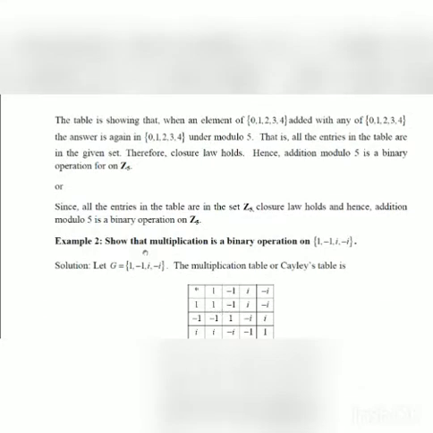Similarly, I have verified whether multiplication is a binary operation on the set of fourth roots of unity. Here, your binary operation is star. Write all the entries of this set in the topmost row as well as the top left column. So this gives you A into B, A into B, and so on. Here A is 1, B is 1. A is 1, B is minus 1. A is 1, B is i. 1 into 1, 1 into minus 1, 1 into i. I had given all the combinations.